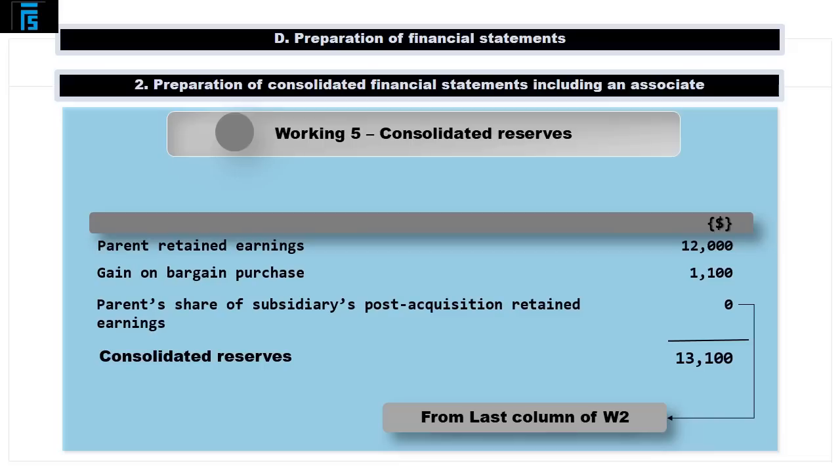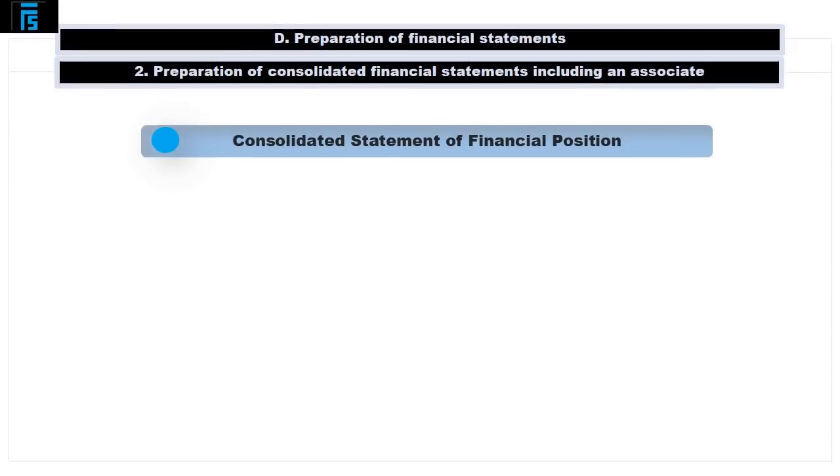Recall that as part of working 2, we already identified this number to be 0, which leaves us with a group retained earnings total of €13,100. Let us now put all of the pieces together in the consolidated statement of financial position as at the